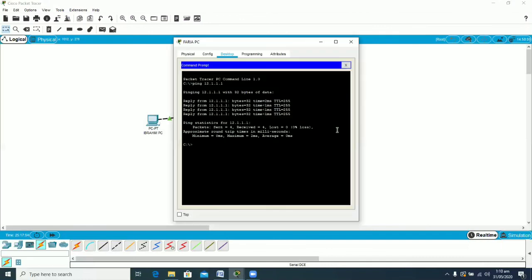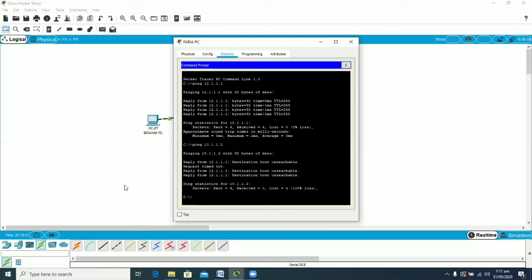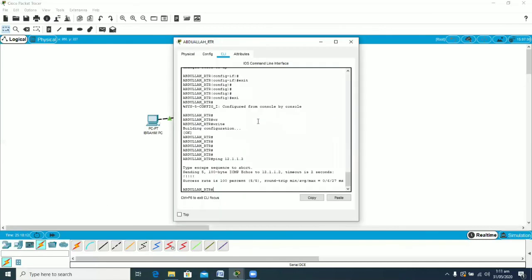So if I ping Ibrahim was at 10.1.1.2. So the ping should not be successful, and you can see that the message is given to you that the destination host is unreachable. So request is timing out, and you are unable to go to there unless